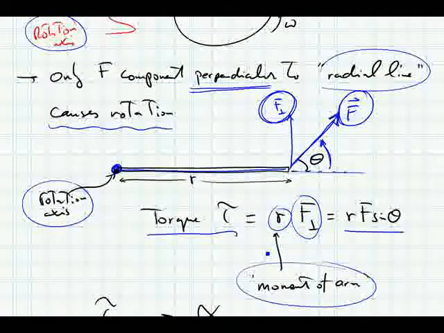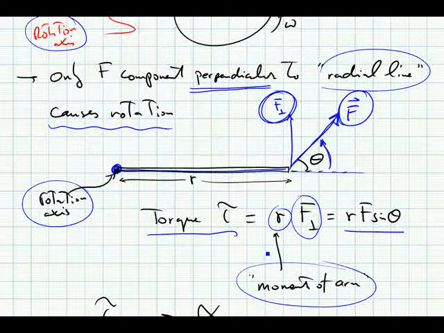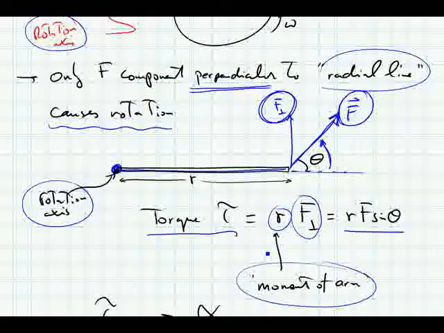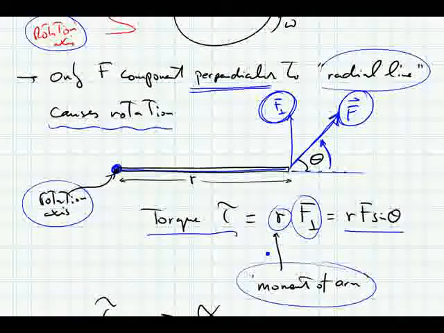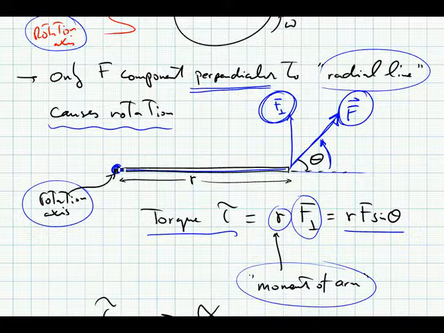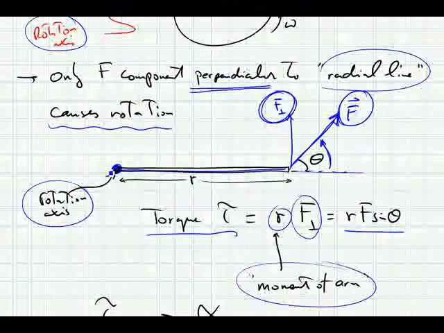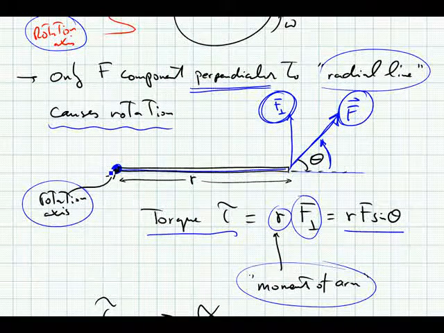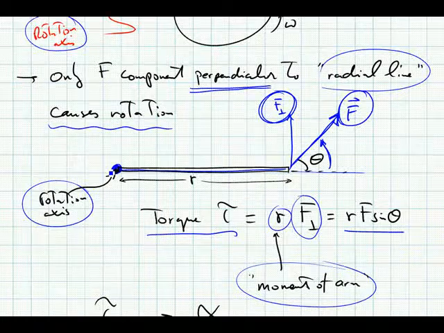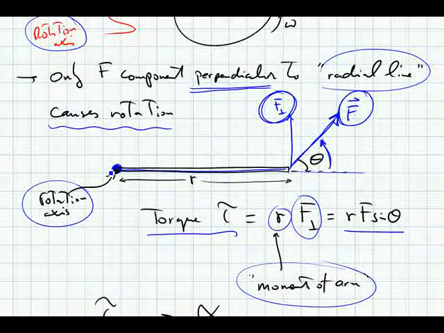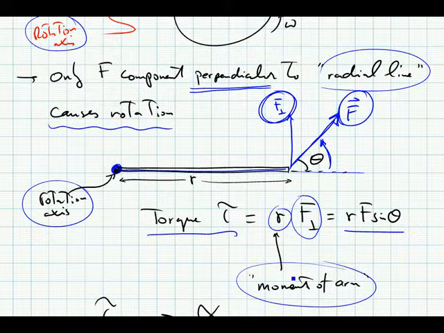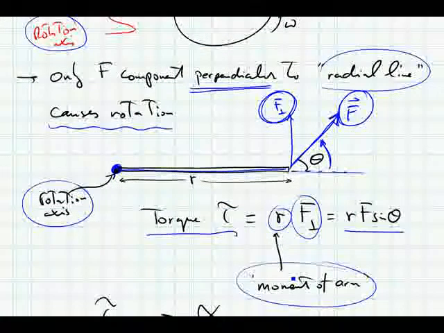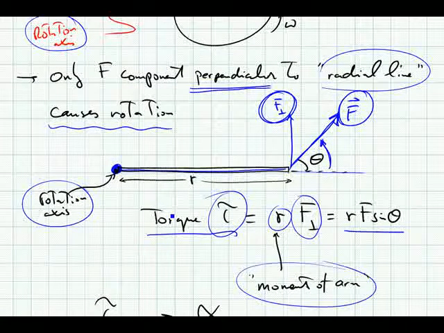So if you have a force F being applied to an object, only the perpendicular component of that force F with respect to the radial line from the pivot point, or the rotation axis, gives rise to change in rotation, and the longer this moment arm is, the larger the value of r is, the more torque one would be